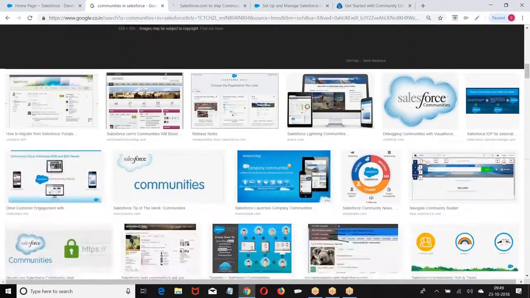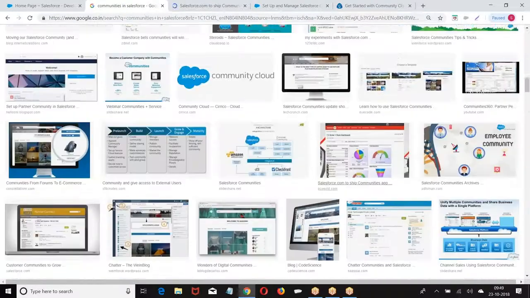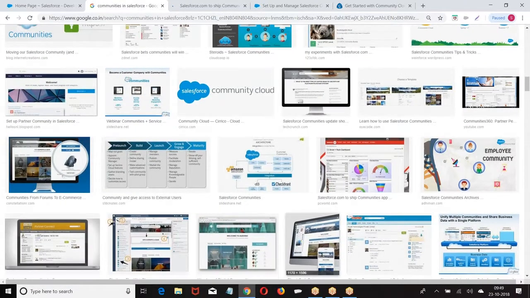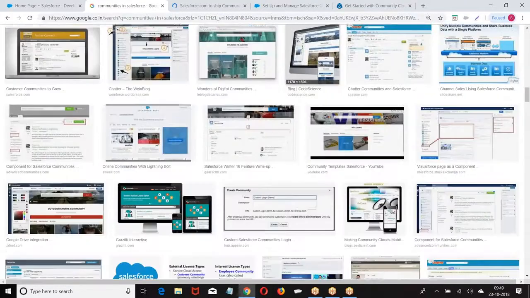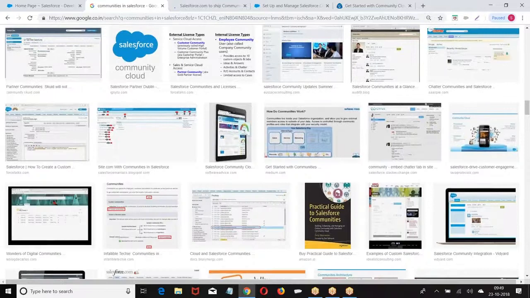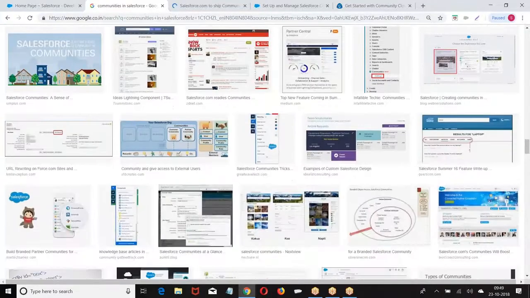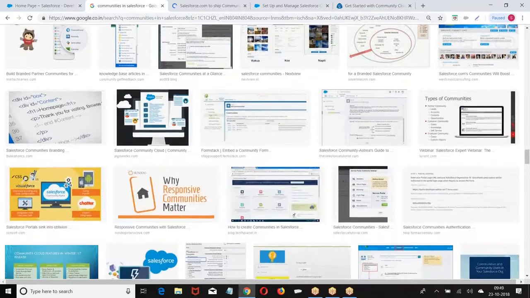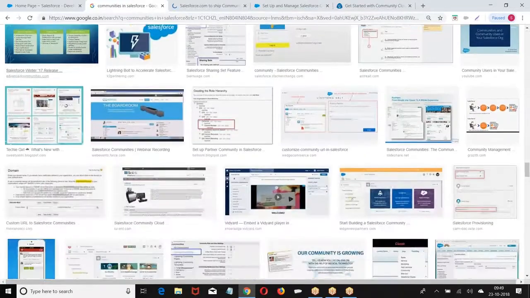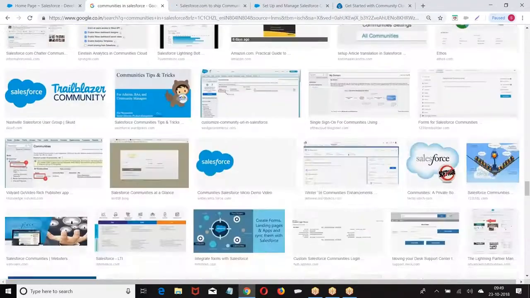One quick minute, I'll show you the diagram.